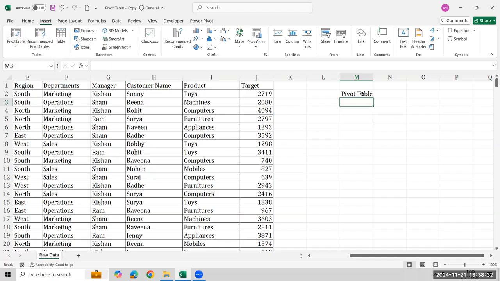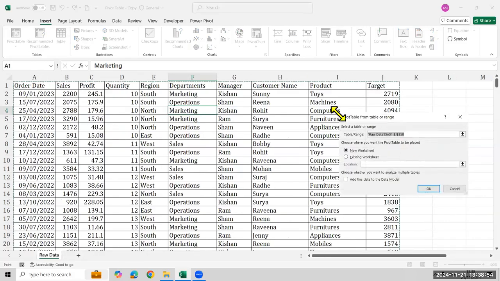Okay, step by step, I'm explaining you. Please have a look here. Whenever you want to create a pivot table, you should select at least any one cell inside the table. Your cursor should be inside the table. Suppose you keep your cursor here. No, your active cell should be inside. Getting it? And then if you click on Insert and if you click on PivotTable, you will get this